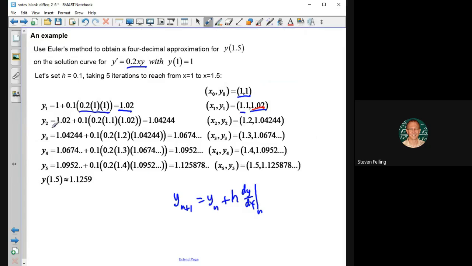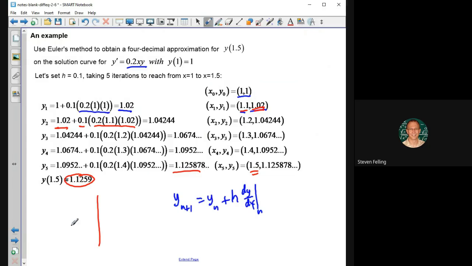So now this 1.02 becomes the new starting y plus the step size times the derivative, but we evaluate the derivative with this x and y. And you just keep doing that iteratively until finally you get to the value that lands on your desired point, and that means that the final y here is equal to the approximate y on the solution curve at that